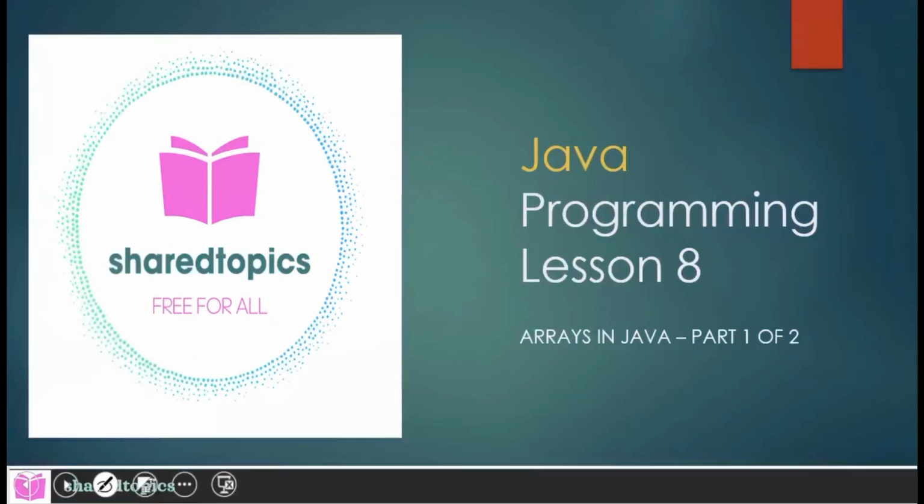Let's start discussing about the arrays in Java. Arrays in Java are similar to any other programming languages. Arrays are basically a list of values. Values will be there inside something like this. You can have multiple values: first value, value 1, second value, value 2, and then third value, value